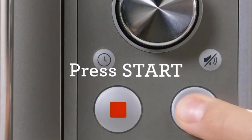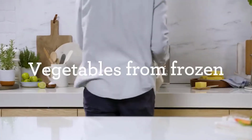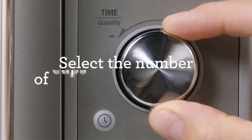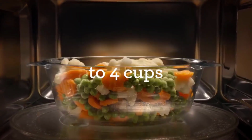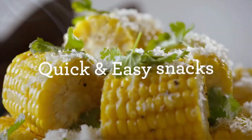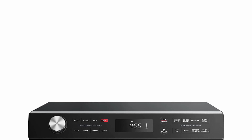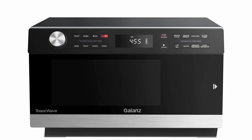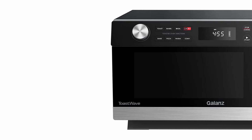It has TotalFry 360 technology, which means that it can act as an air fryer and cook whatever you want with little to no oil, since it circulates air. It also has inverter technology, which means that it cooks your food more evenly. Rather than only heating the outside of the food, it cooks the inside at the same rate. It has a capacity of 1.2 cubic feet, meaning it can fit plenty of food, including a 12.6-inch personal pizza. The multitasking appliance features a humidity sensor, which ensures that your food